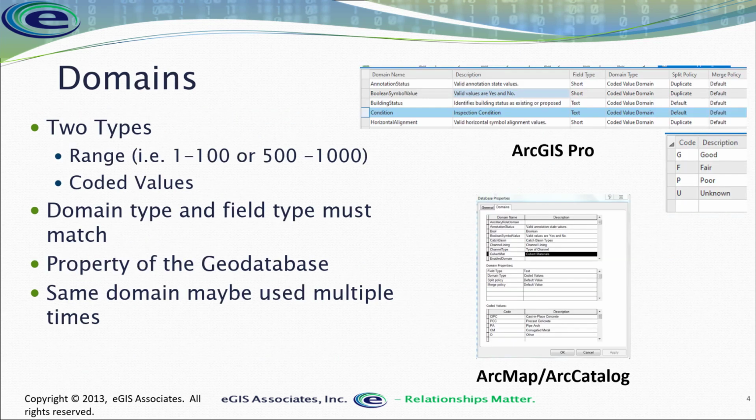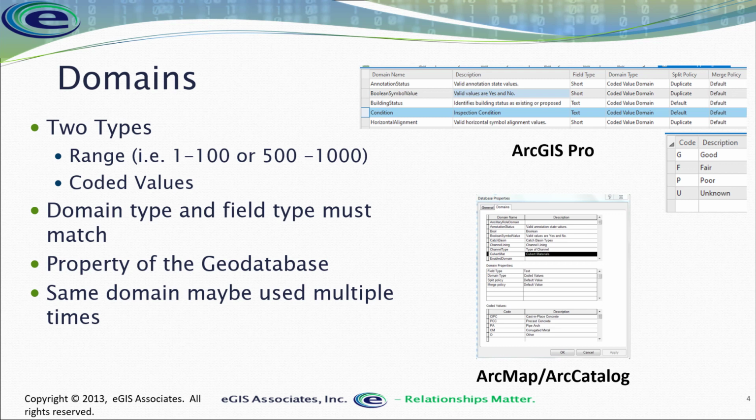So now let's talk about domains. These are often referred to or thought of more as the pick lists, but it's not just limited to pick lists. In ArcGIS, whether it's Pro or the older ArcMap, ArcCatalog, a domain is one of 2 types. It's going to be a range domain or a coded values domain. Which you want to use will depend on a couple of things. One is the field type you're working with, and 2 is what are you trying to do with the